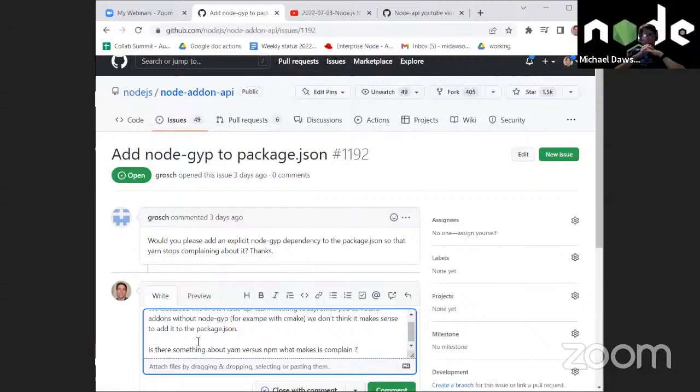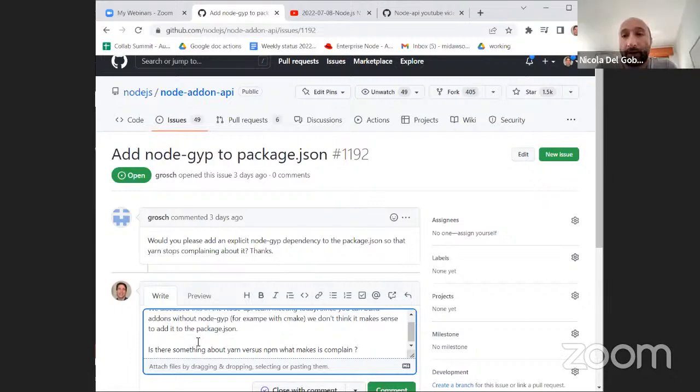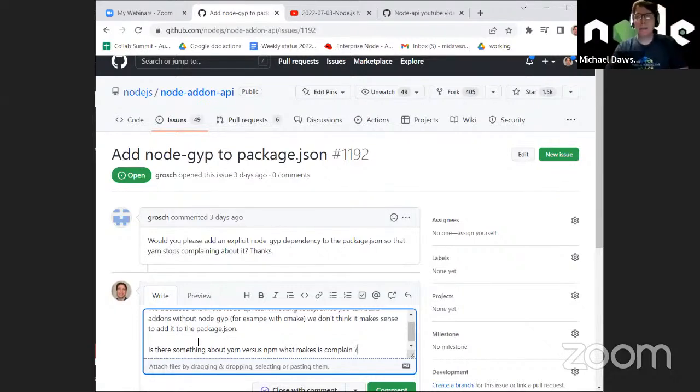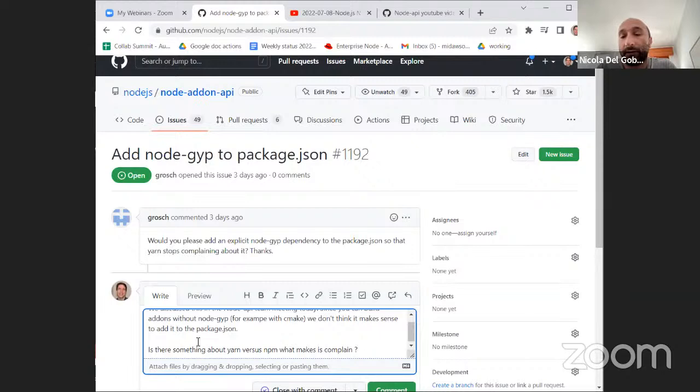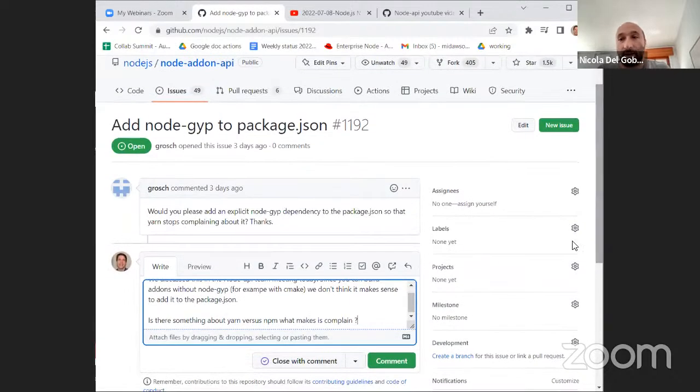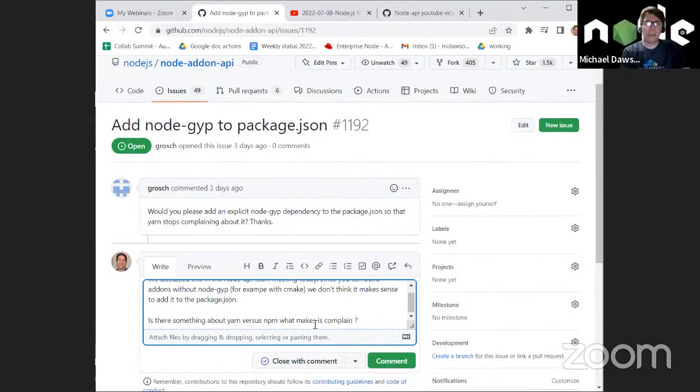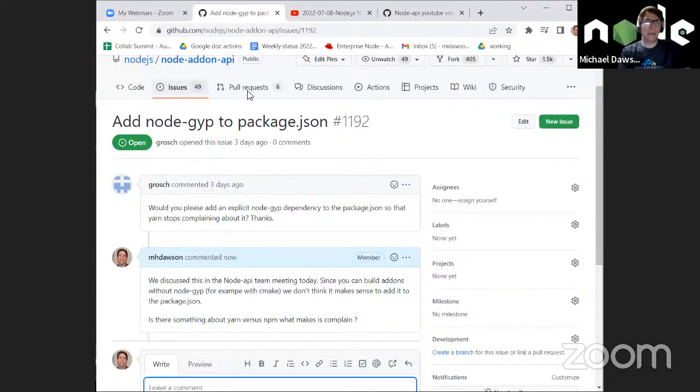Although I thought that, because I never remember it complaining for me, but maybe I've installed it in the path or something. Because Node had Node.js, so it never complained. Right. Yeah. Okay. Well, maybe. But maybe Yarn has a different behavior in this case. I don't know Yarn, so. Yeah, maybe. So it's worth asking that question. Yeah. Okay, I'll add that on. Any other ones that you want to call out for us to start out looking at?